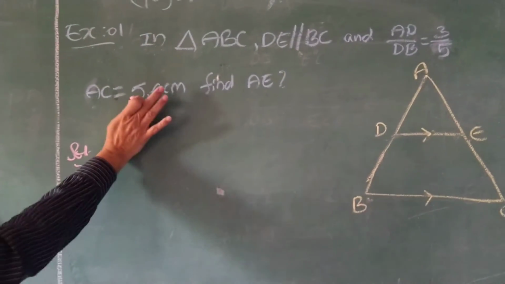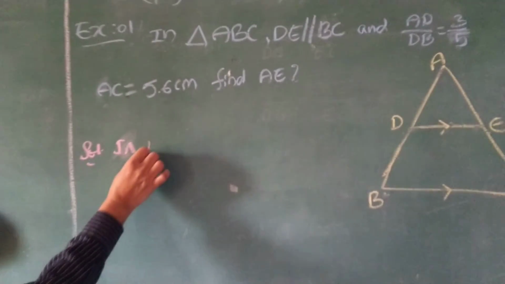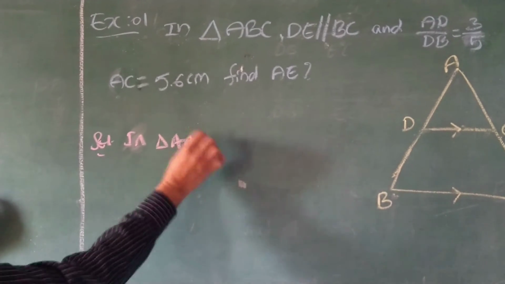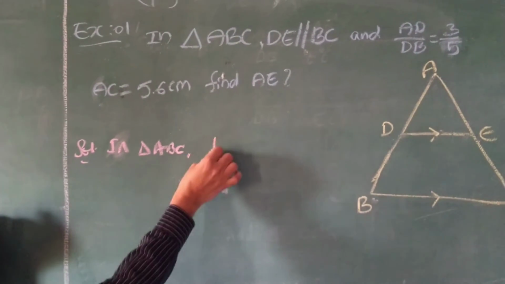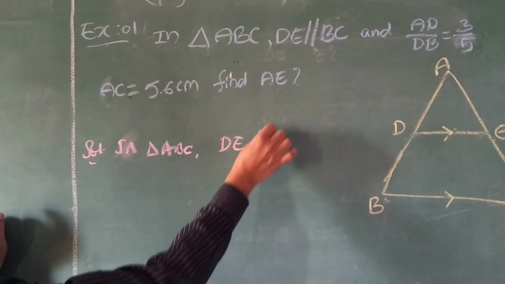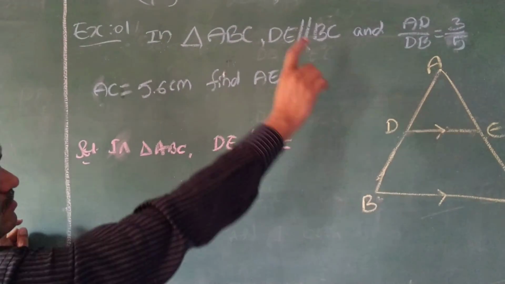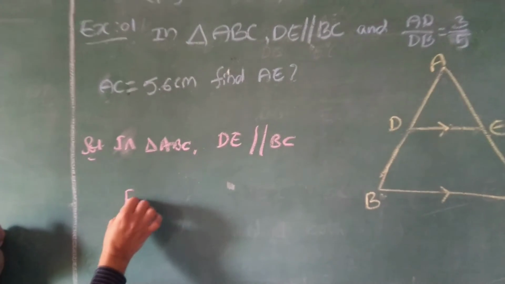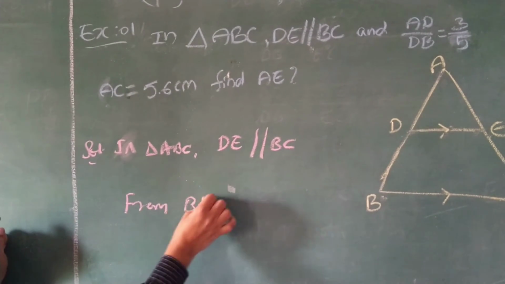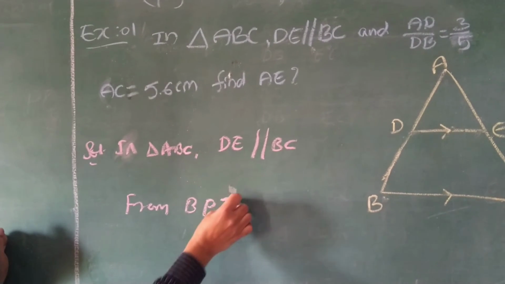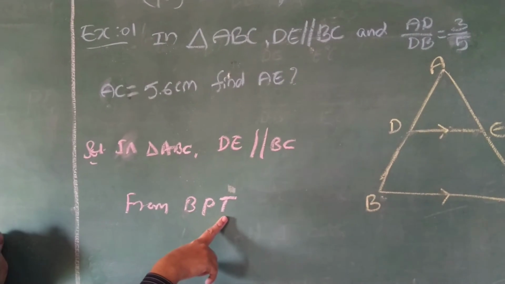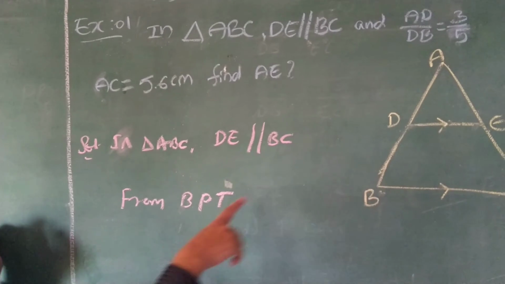In triangle ABC, DE is parallel to BC, already given. From BPT, basic proportionality theorem, the first theorem, Theorem 8.1,